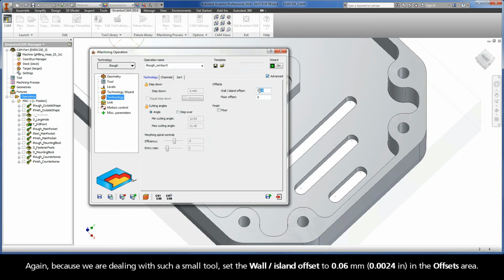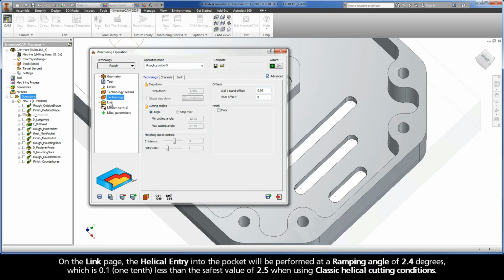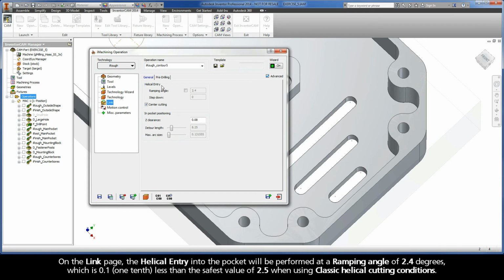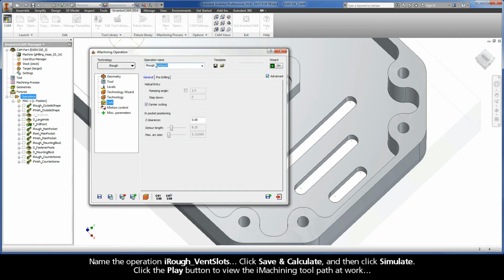On the Technology page, the step-down and cutting angles generated by the wizard are shown. Again, because we are dealing with such a small tool, set the wall island offset to 0.06 mm in the offsets area. On the link page, the helical entry into the pocket will be performed at a ramping angle of 2.4 degrees, which is 1/10 less than the safest value of 2.5 when using classic helical cutting conditions. Name the operation iRough Vent Slots. Click Save and Calculate,